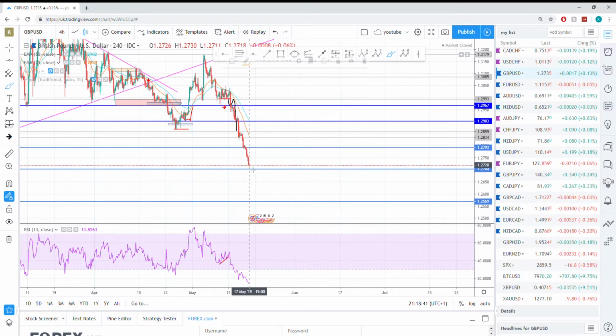If it was to continue passing the zone that I just drew at the 1.274, if it was to come down to this next key level, for me to buy from this level, I would want to see a retest like this again, and then a push upwards, passing the retest like little head from this point. So that would be a key entry point, and then I would be taking my profits from this point here,